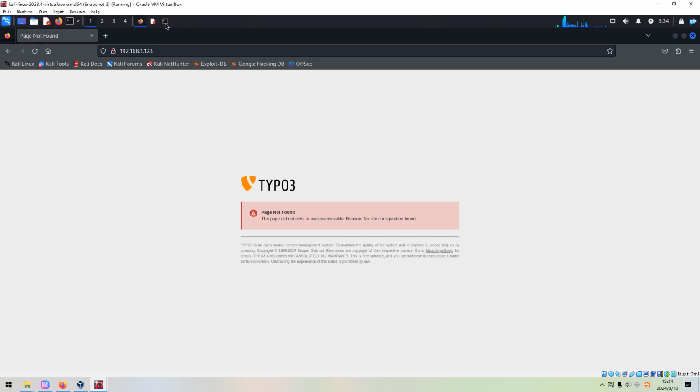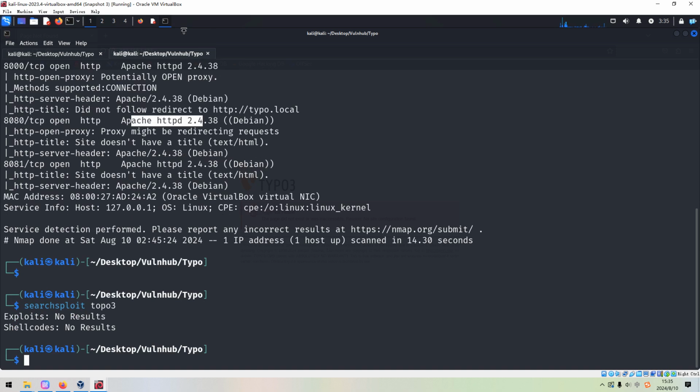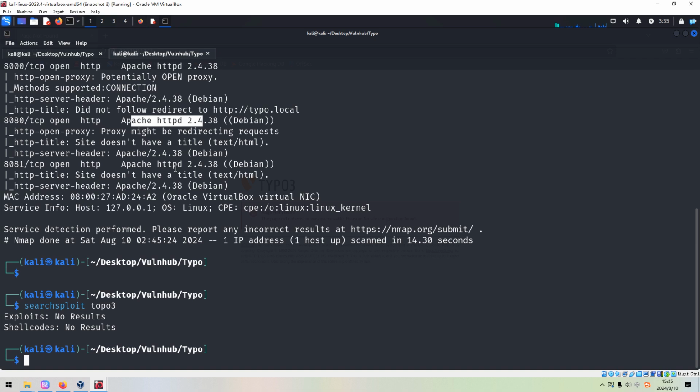So of course we can use searchsploit to see whether we can find a vulnerability or exploit for this CMS, TYPO3. So this is TYPO3, right? Maybe I can copy it. Oh, not typo.